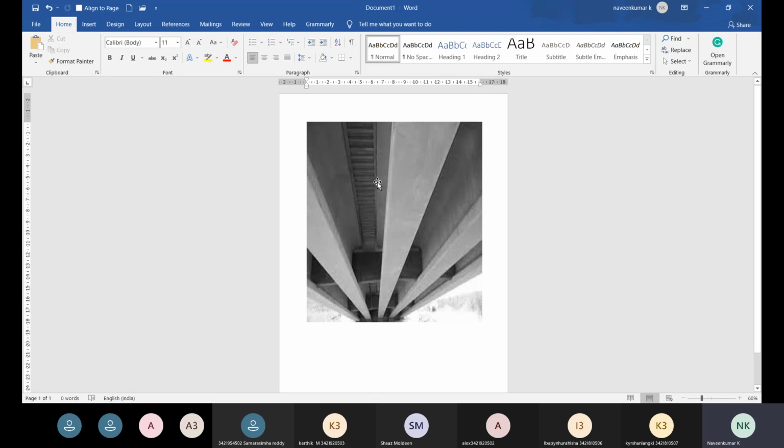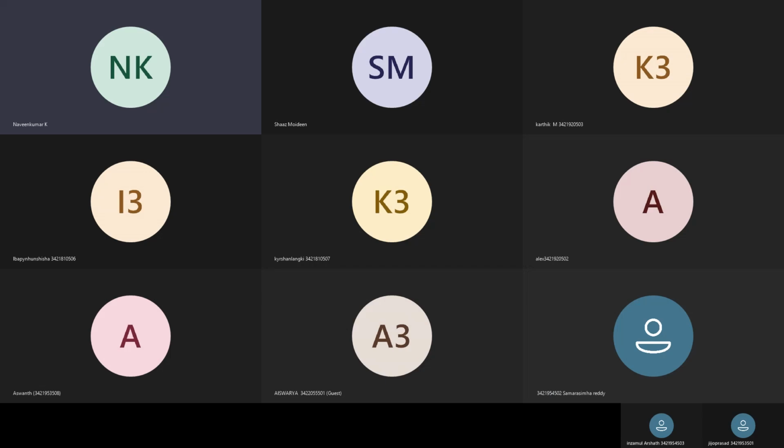Why do we say a monolithic connection exists between the solid slab and the beam? Because at the joint you cannot identify whether it is a beam or a slab. In that way it is constructed. In this class we're going to draft this particular T-beam. The solid slab drafting we have completed.